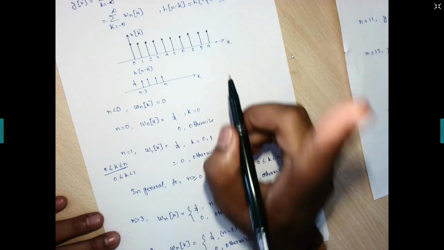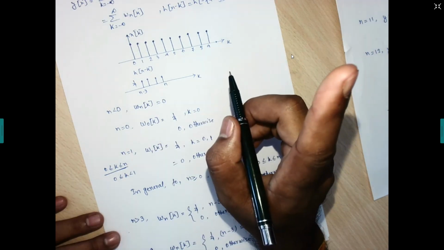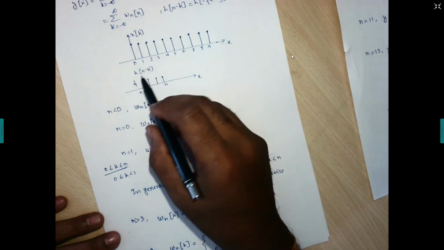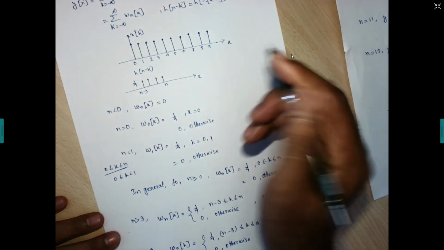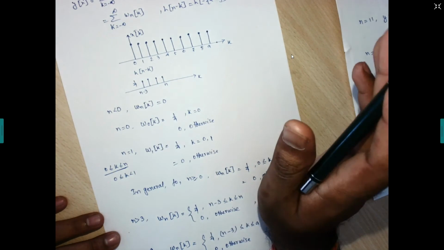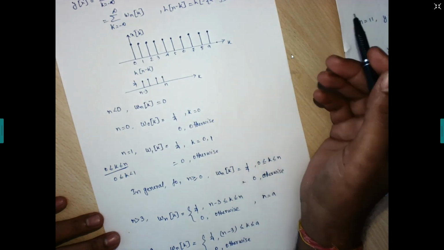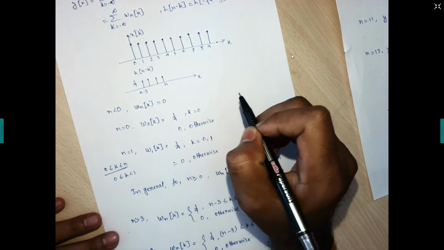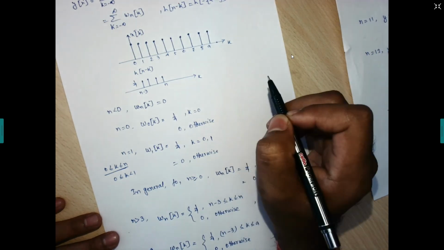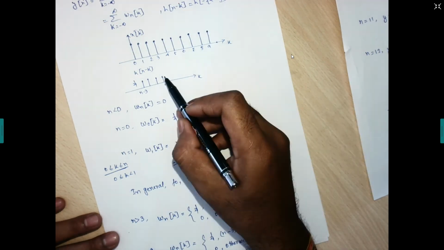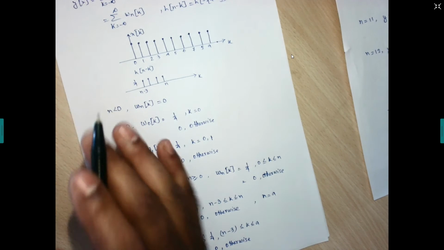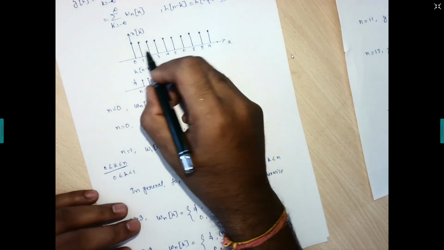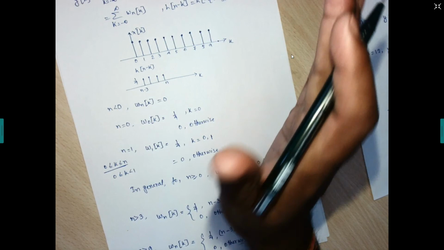the first sample at n equals 0, we have all the 4 samples of h of n minus k. We are considering only one sample for this x of k, the first sample at n equals 0. So at n equals 0, we are also considering k equals 0, right? Let us consider this xk is fixed.